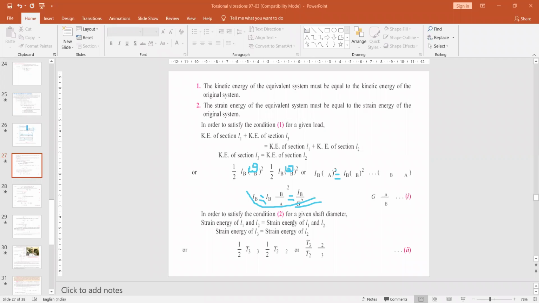And now, in order to satisfy condition 2, the strain energy of L1 and L2 equals the strain energy of L1 and L3. So in this, the strain energy of L1 on both sides cancels, and the remaining term is: strain energy of L3 equals strain energy of L2. So here again,